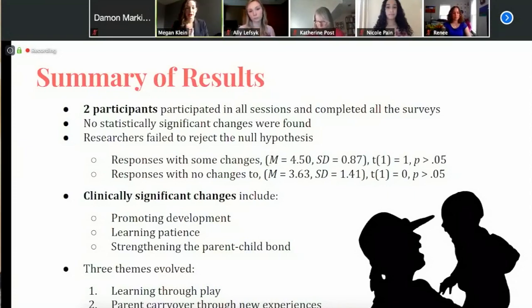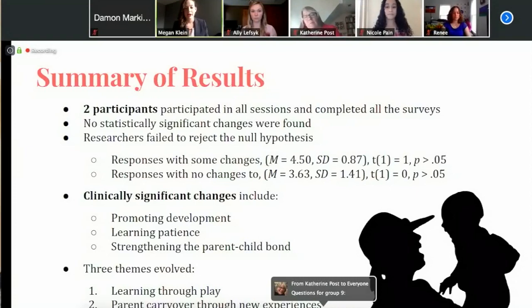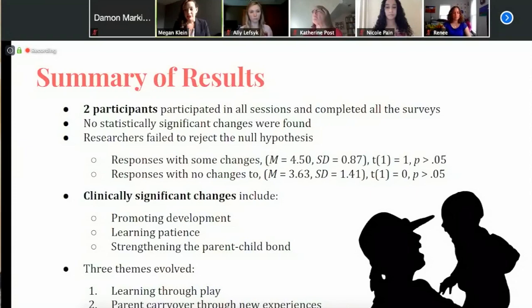The responses to 6 of the questions that had some changes from the pre to post survey did not have enough statistically significant changes, as you can see from the first t-value on the slide. These 6 questions focused on available resources for these mothers and the parent-child bond that they were trying to dive into more. The responses to the remaining 4 questions had either little or no changes from the pre-survey to the post-survey. And these were the questions that focused more on parent confidence and their comfort levels with their children and